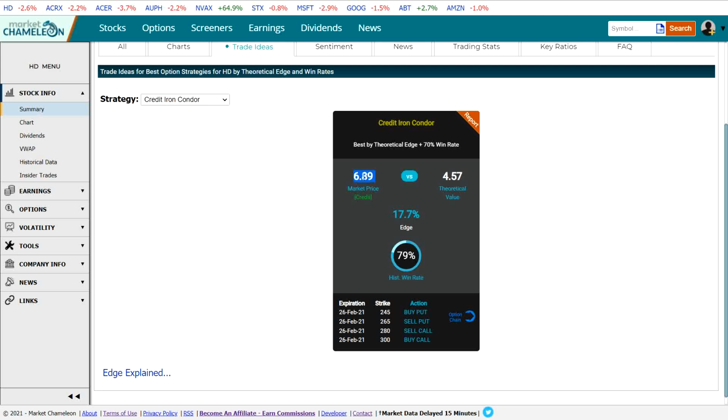Sure, I probably won't hold this until expiration. If it goes from 700 to, I don't know, 200, and I collect 500 on the spread or something in the next 2-3 weeks, I will close this trade. That's it. But in theory, I should have collected only $450, $457. So that's my edge: I get an extra $250 as income.